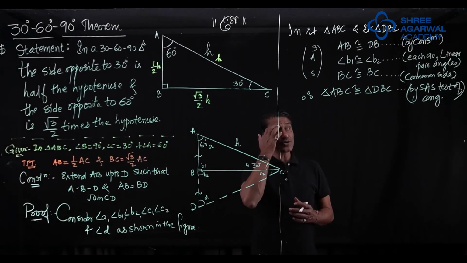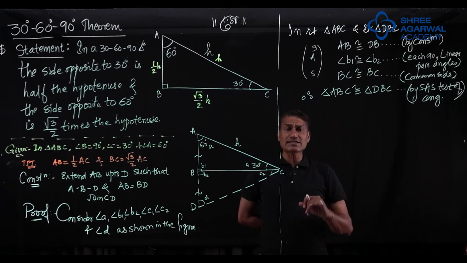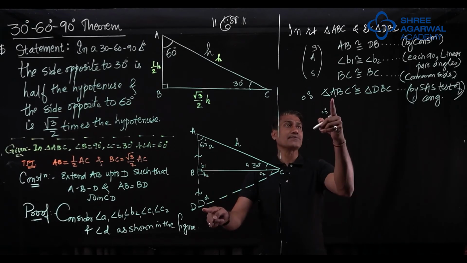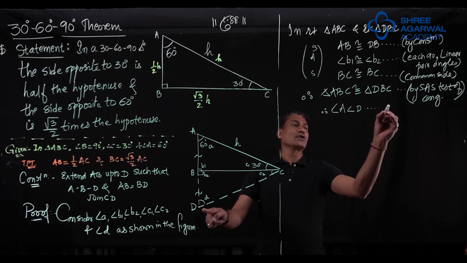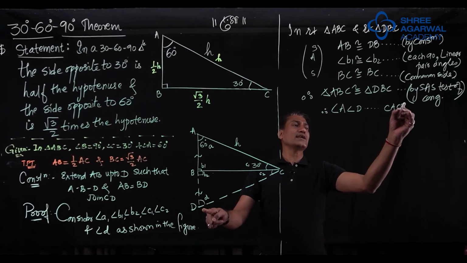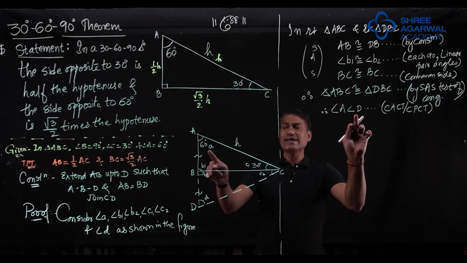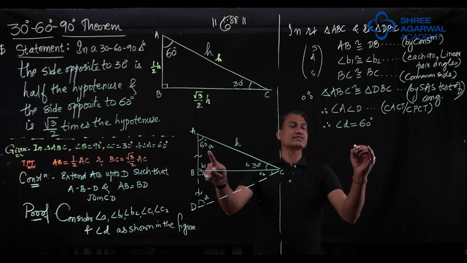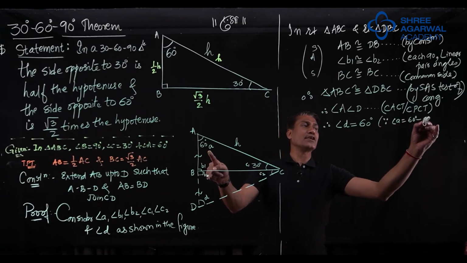Okay, sir. Now what is going to happen? Now, sir, if two triangles are congruent, their corresponding parts are congruent. So I will say therefore, first of all, angle A congruent to angle D. Corresponding angles of congruent triangles. In CBSE, they write CPCT. But angle A is 60. Therefore, angle D is equal to 60 degrees, since angle A is equal to 60 degrees given.